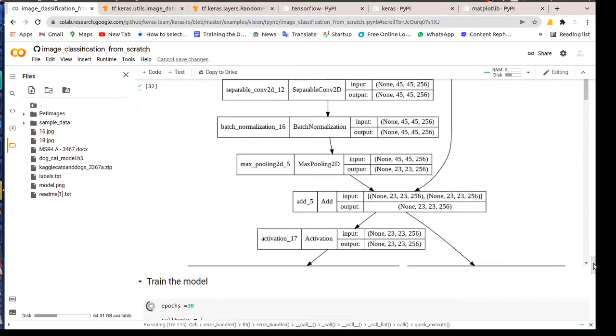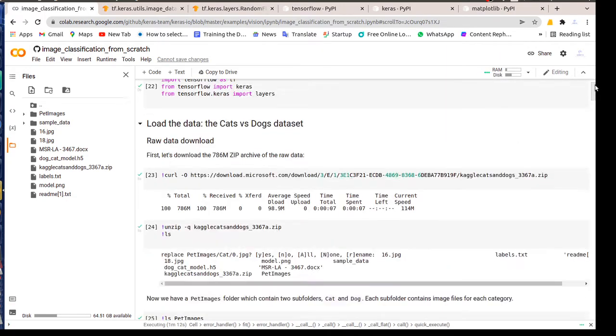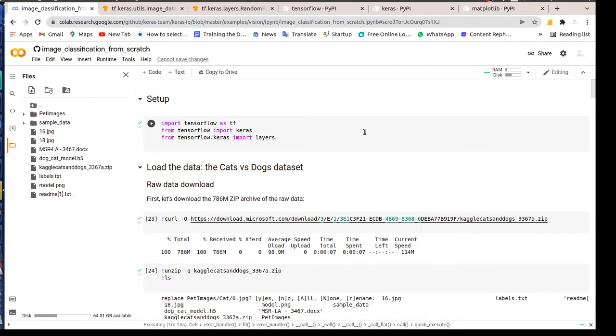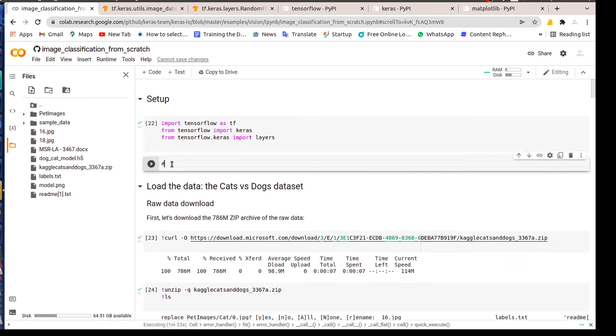In your case, as I mentioned before, if you want to go for your own custom data, what you can do is first, create a dataset folder. Under that add two folders.